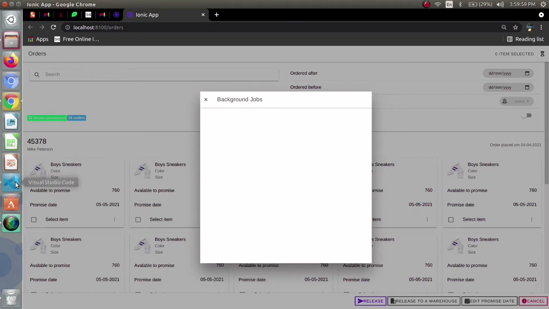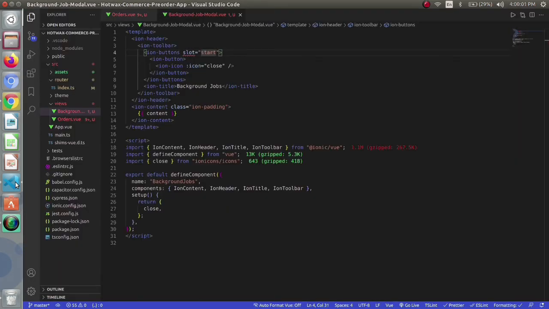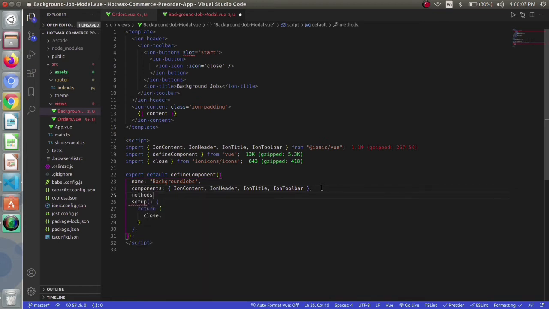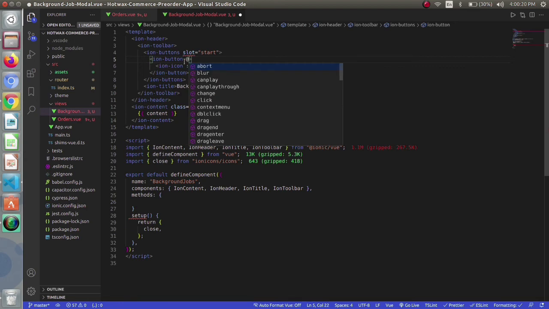Now I will be providing the dismiss function to my close button. For this, I want a close modal function, and I will be calling this function on the click of the button. So I will be writing it in the button.